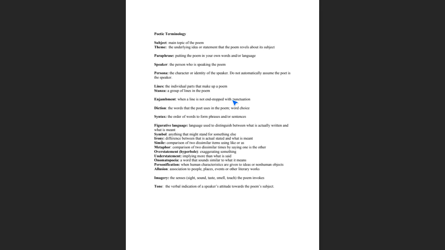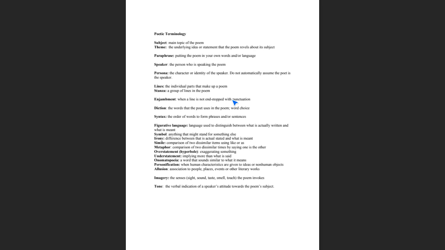Enjambment is when the end of a line does not have a punctuation mark. And this is very important when you're reading a poem. When you're reading a poem, you always read until you get to the next punctuation mark. The end of a line may not have a punctuation mark, and if it does not have a punctuation mark,